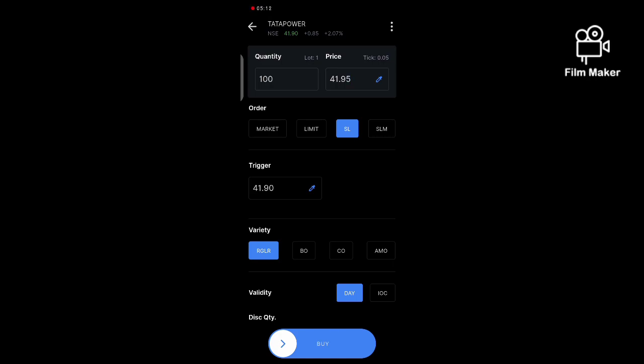but instead it directly jumped to 42, then maybe there's a chance for this order to be pending and your order won't get executed. That is why people choose SLM more often, because it is for sure you will buy back, and you will experience less loss. So that is stop loss order and stop loss market order.